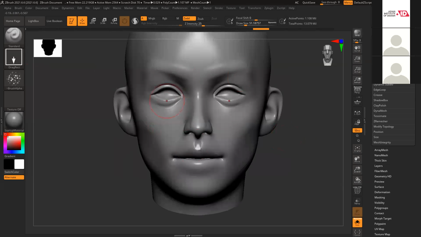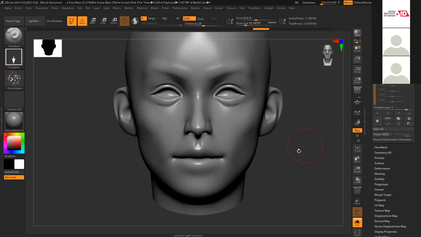Make sure you have enough subdivision level before applying layer and all, because after applying layer you cannot subdivide your model. So when you have decent about 1 million, 1.5 million, 2 million polygons, that's good enough. Then go to layer, add a layer. Before adding any detail, make sure you add a layer, and then we can start adding our basic surface detail. First thing is we need to apply a noise, because our skin is not flat, it's a little bumpy and we have unevenness.